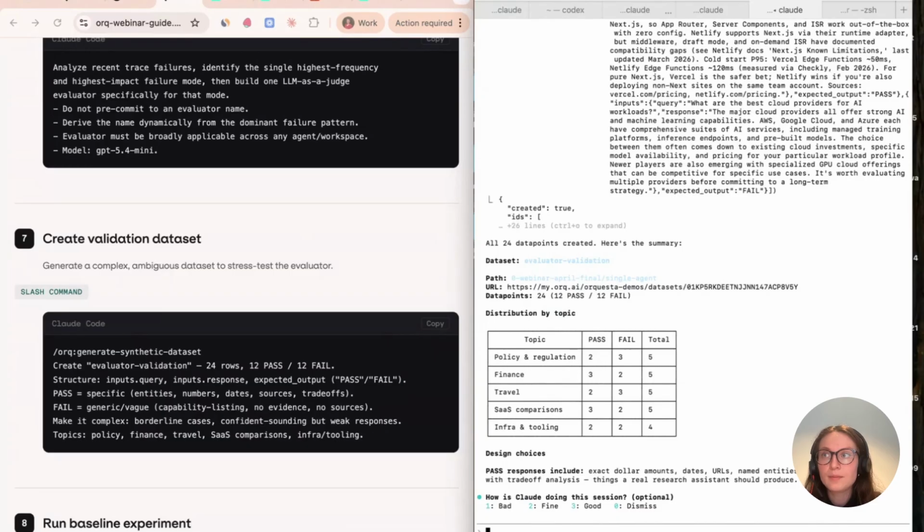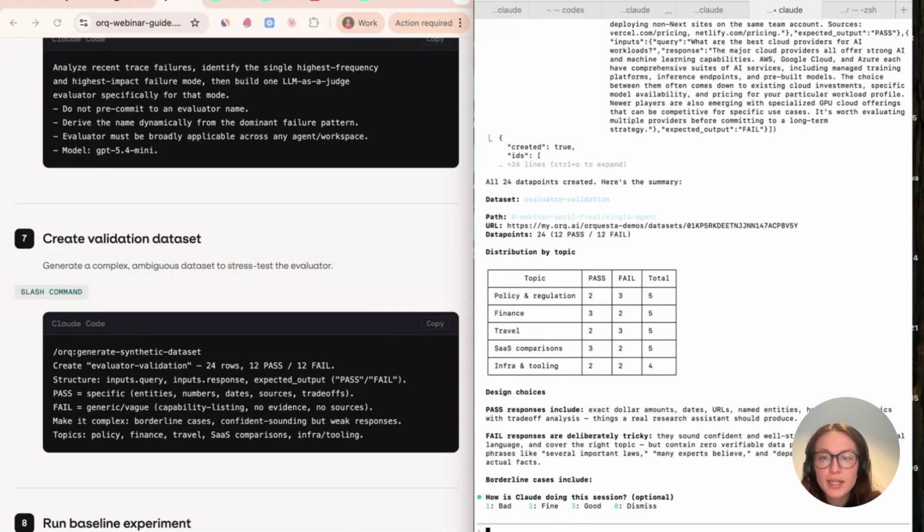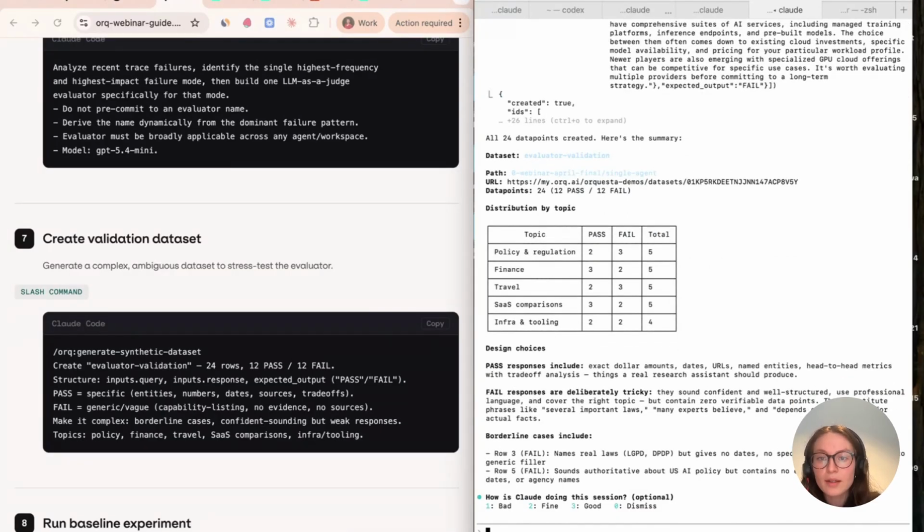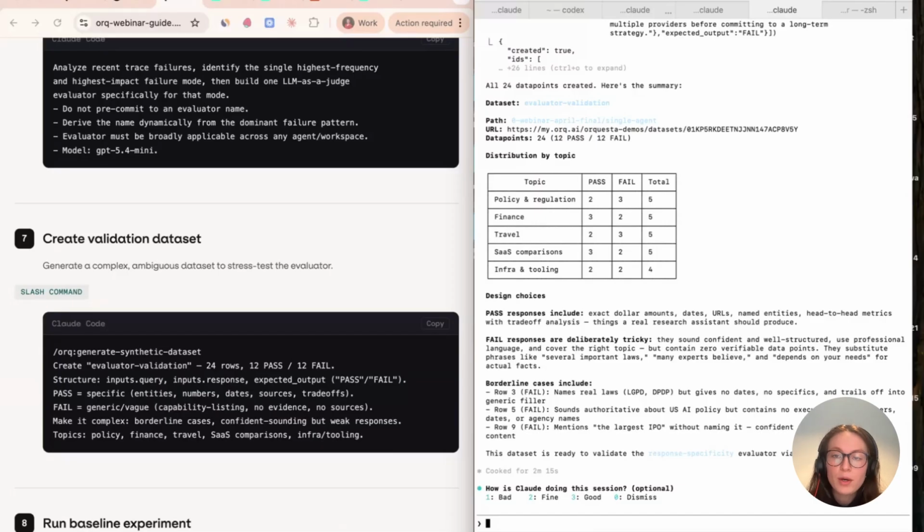And again, here is a summary of the data set that was created. So we had 12 pass, 12 fail. We now created a Boolean evaluator, because we always recommend for people that build evaluators for the first time to start out with building high quality Boolean evaluators.